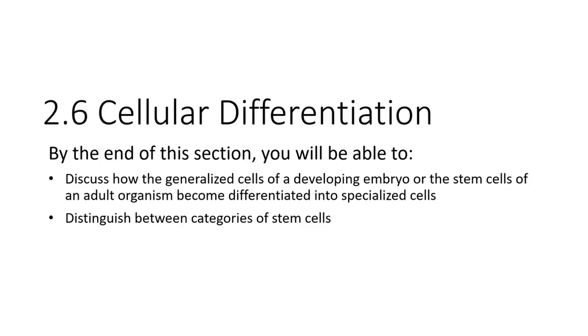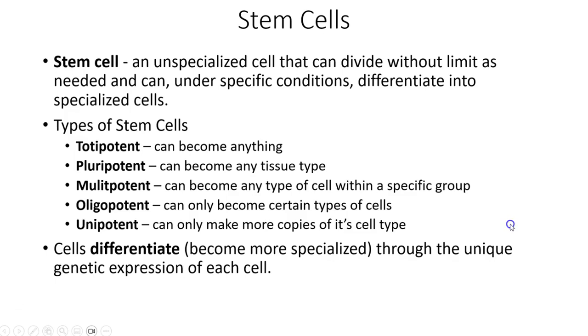All right, we are wrapping up this week by talking about cellular differentiation. This isn't going to be a super long video. There's not a ton to cover for this particular section, but it is still important to be aware that we do have different levels of specialization with our cells. So we're going to talk about those different levels, and then we're just going to look at a couple examples of how this appears in the body itself.